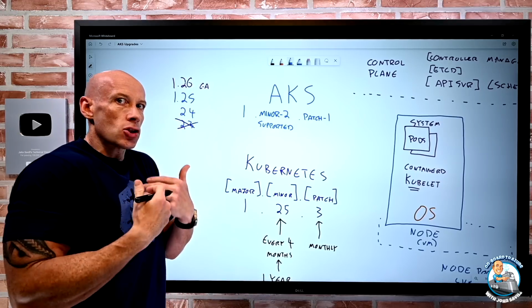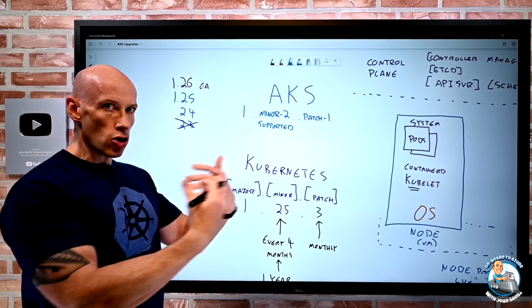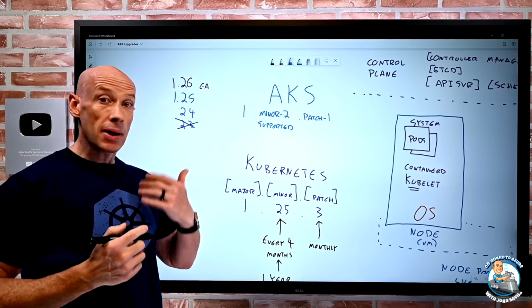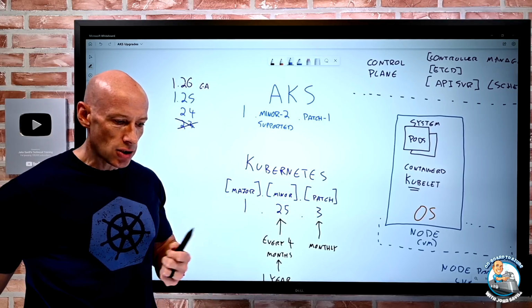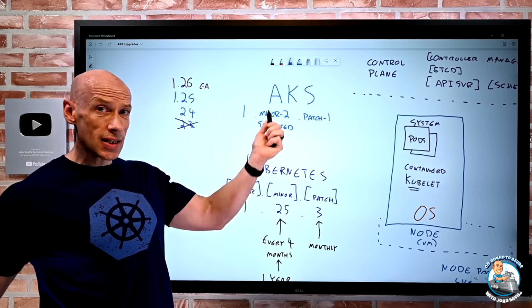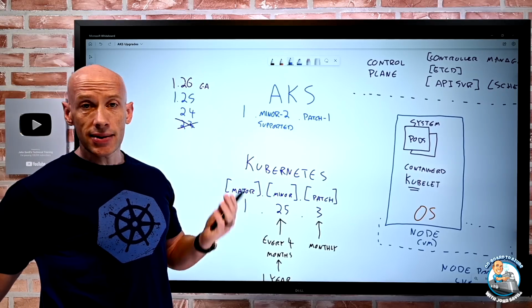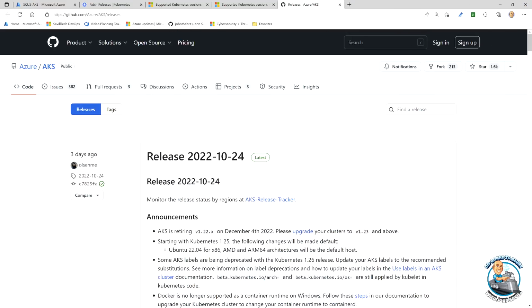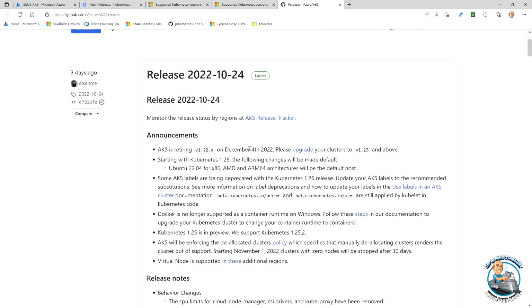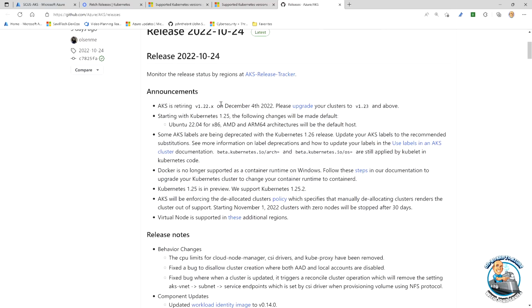So I'm in this contract with DevOps. I'm in this contract with Kubernetes. I'm going to stay current. And again, that every 6 months is a really good thing to do. When a version is going to get retired, they announce it in the release notes. So if I go and look at the latest release notes, for example, so this is the current weekly build, it's reminding me, hey,